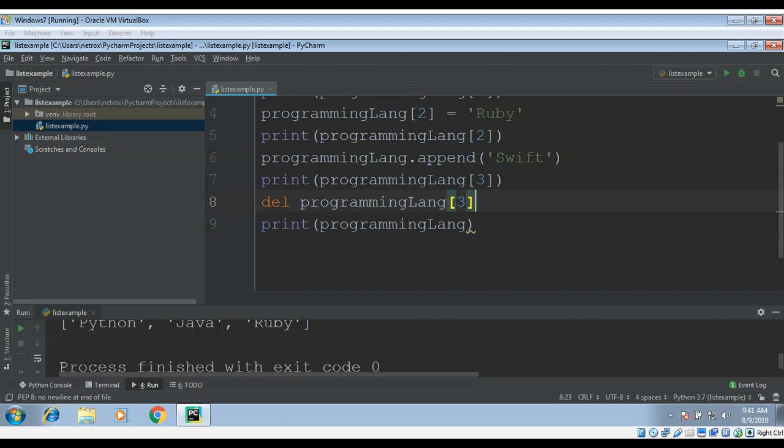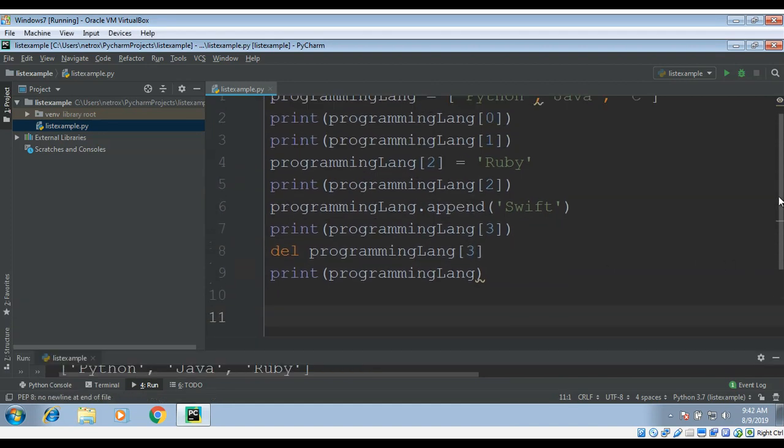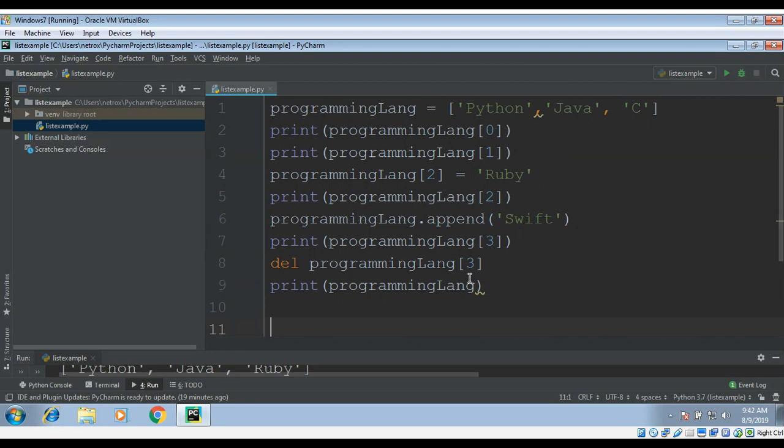We can also pop the value from the list. Sometimes we want to use the value of an item after we have removed it from the list. The pop method removes the last item in a list, but we can also save that item in another variable. For example, our last item now, since Swift is deleted, will be Ruby, I think. And now to get or pop